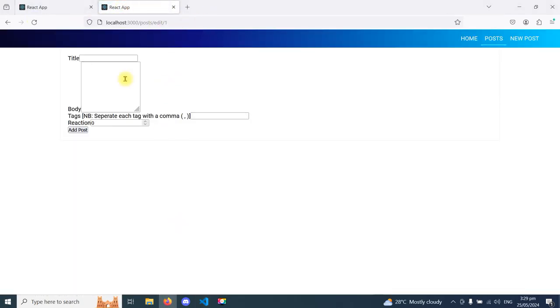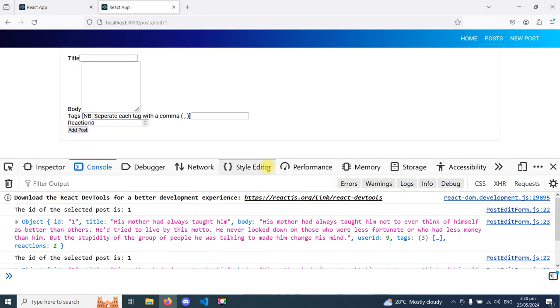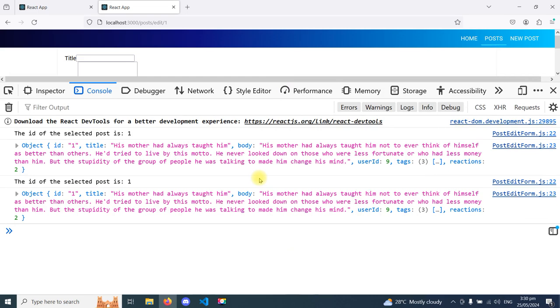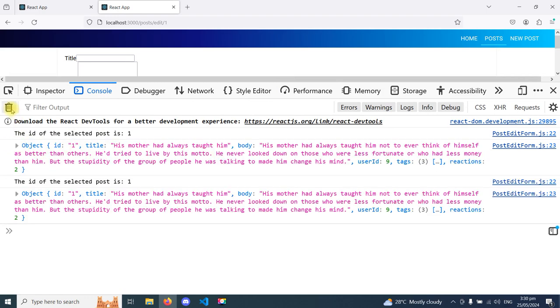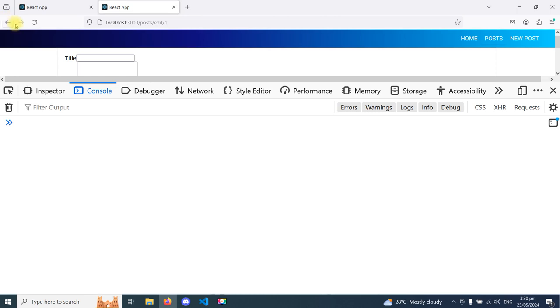So you can see now the page is rendered, but let me press this, and you can see that some data popped up here. And look at this. It says the ID of the selected post is 1, and that is the exact object it went to pull. Okay, let me clear this and go back again